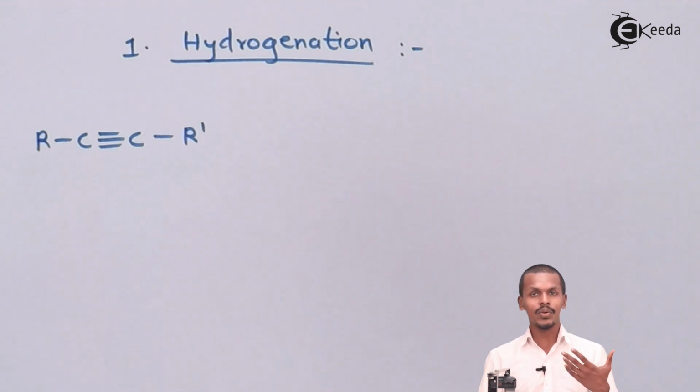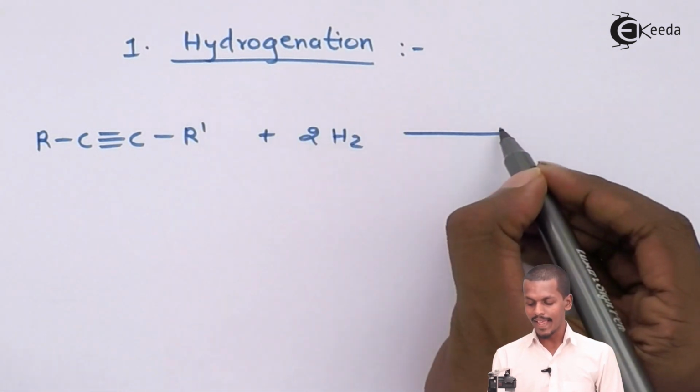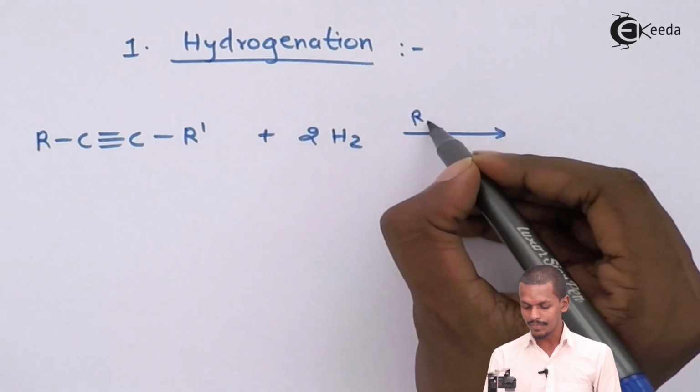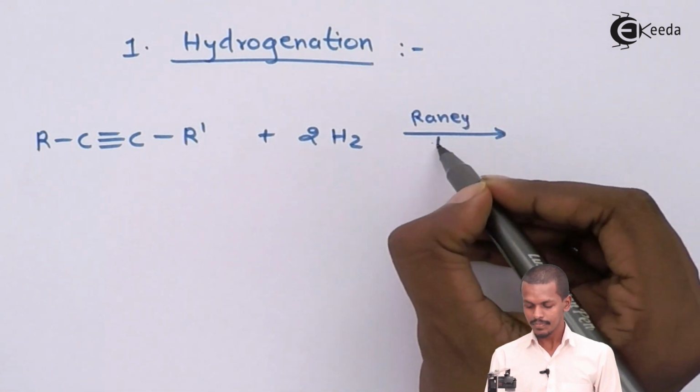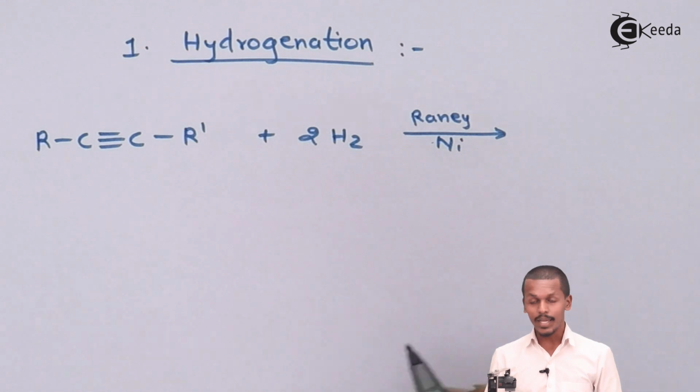So ultimately, in the presence of 2 moles of H2 and nickel as a catalyst, all the pi bonds present here could be broken, and that's the reason we could form a product